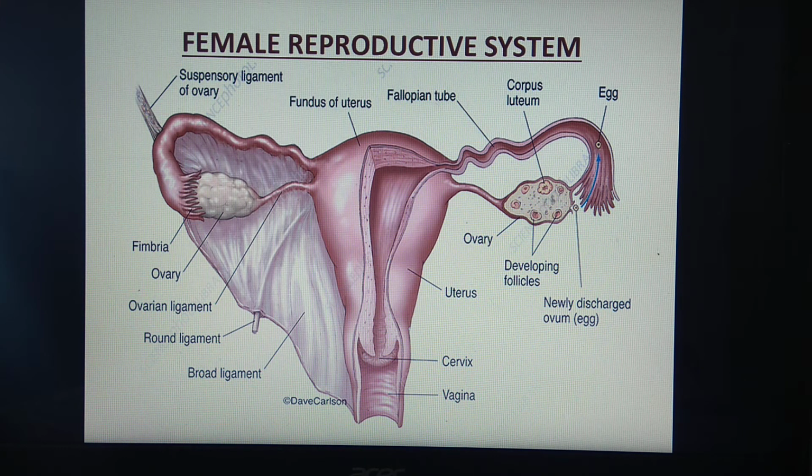Now we are going to study about the next part of the system, that is fallopian tube. This fallopian tube is also called as oviduct. See in the diagram, this duct-like structure is called as fallopian tube. Here this side also, this is the fallopian tube. We'll see the position first. It is present in peritoneal cavity. In the peritoneal cavity it is seen above the ovary.